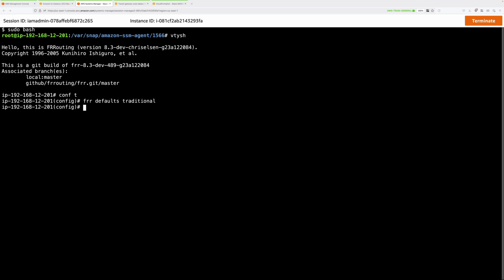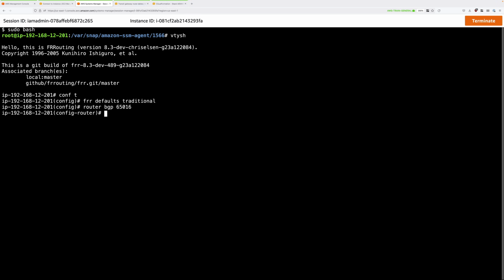Now we're configuring BGP routing for the on-premises side of this architecture. If you recall from earlier stages of this demo series, I mentioned how both sides of these BGP sessions required unique ASNs. And the ASN that we've decided on for the on-premises side is 65016, and so we need to configure that BGP ASN on these routers. And we do that by typing router bgp 65016 and press enter. So now we're setting the BGP configuration for our side of the BGP relationship.